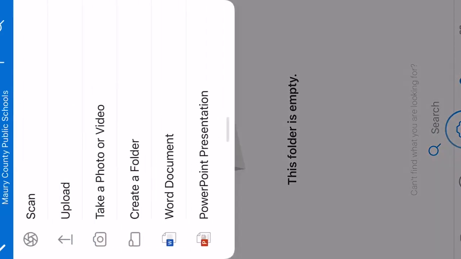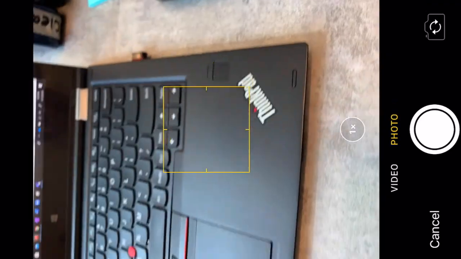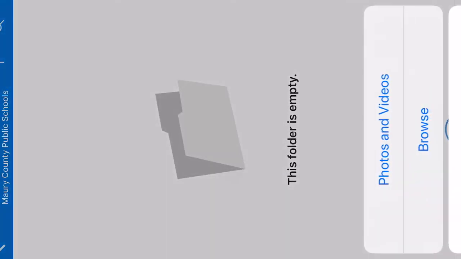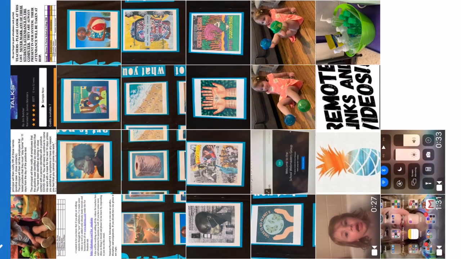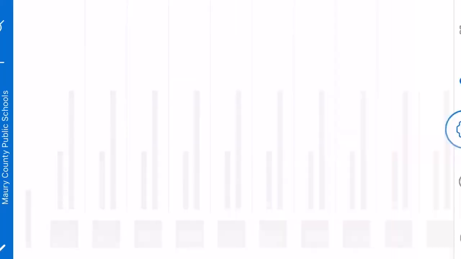It's empty right now, but the awesome thing is whenever I need you to turn in a picture, you hit the plus sign, you can take a picture with the app, or you can cancel and get out of that, and you can click the plus sign again, and you can click upload from your own library on your phone. And it's easy as selecting it,